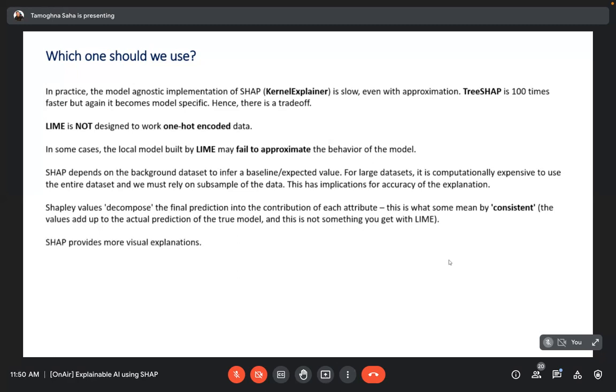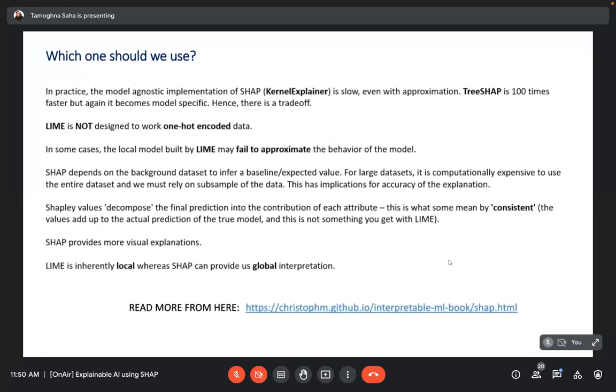SHAP also provides more visual explanations. If you go through the SHAP documentation, you will see waterfall charts, beeswarm charts, force plots, scatter plots, and many more, so you get a huge amount of ideas on how to visualize this information. And lastly, of course, LIME is inherently local, whereas with SHAP you can get global interpretations of the model.